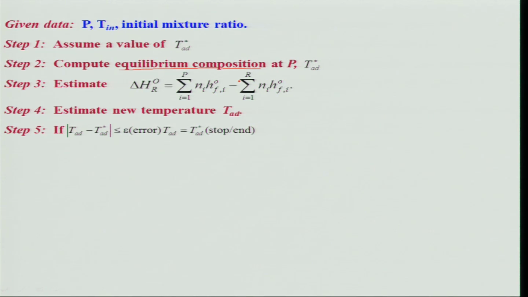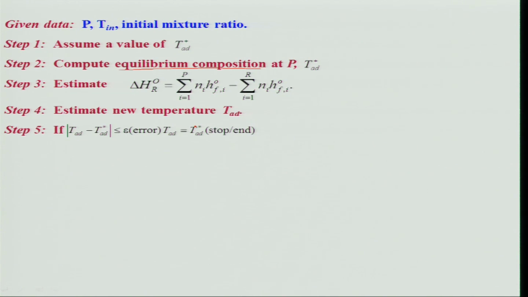And by knowing this, you will have to find out, you have guessed this value, you have obtained this value, then what is the error you are getting. For example, I will just assume 2000 Kelvin, then I am getting 2001 or 2100 Kelvin. So, naturally there is an error, which I cannot tolerate, for example. But if you can say, look, it is only 5% error, I need not worry about it, then you can manage. If it is less than the error, then if T adiabatic is equal to T adiabatic star or